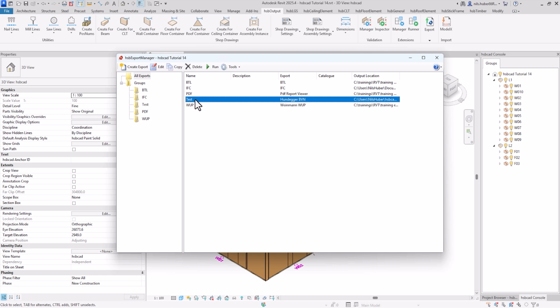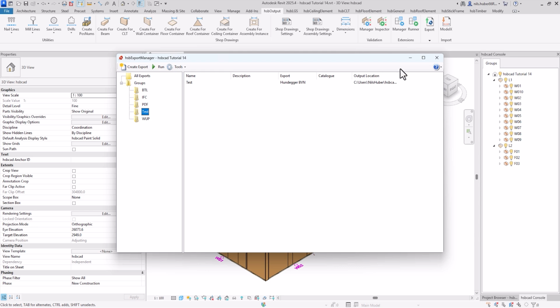And by selecting our test export and right-clicking on it, we can add it to the single group, so we add it to Test. So currently, there's only one export type in here. You can also add several exports to one group, and so you will create several exports for this group. So after closing it,